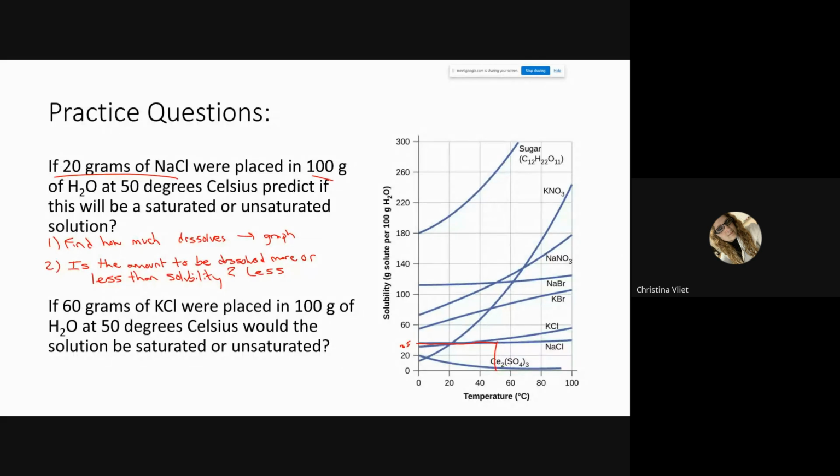Saturated means you can't dissolve more. So at 20 it's not done. So what would it be? Unsaturated. So unsaturated means before solubility, means less than the solubility. And saturated means equal to or